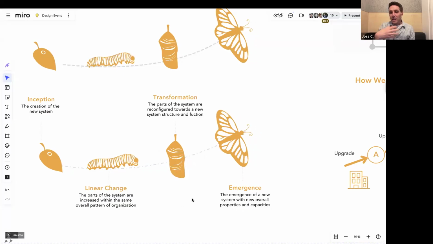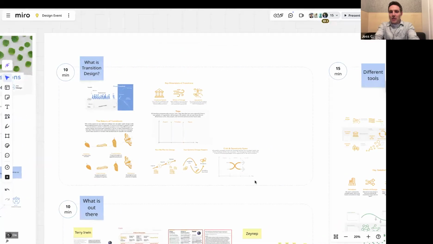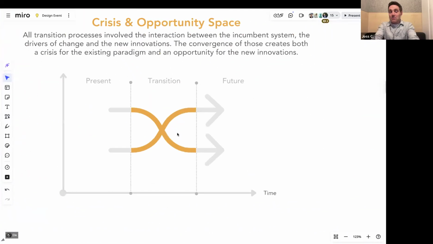And we see that in butterflies, caterpillars to butterflies is the most extreme example, but of course we see it, as mentioned, in all kinds of systems, including our own lives. And that's a great place to learn from, right? We think about how we went from a child to a teenager to an adult, and the transition periods and the crises we encountered to get from being a teenager to being an adult, trying to find a job, and all of the challenges we had to overcome, and the critical moments when we transformed and changed. So all of those insights can inform how we approach transition design in